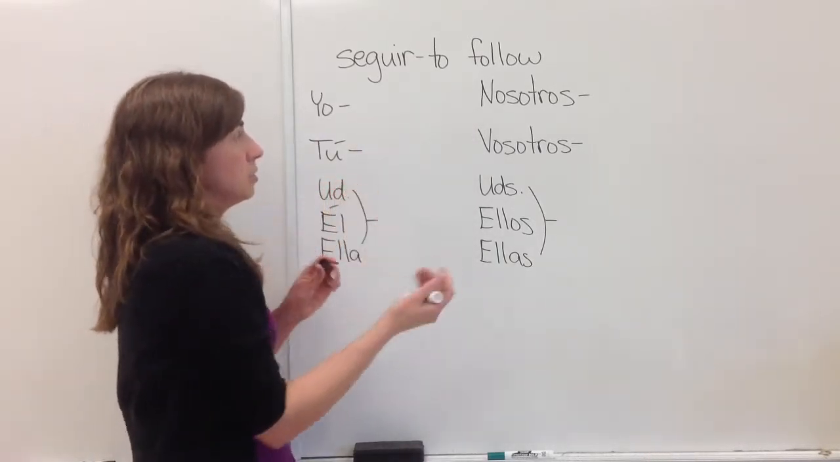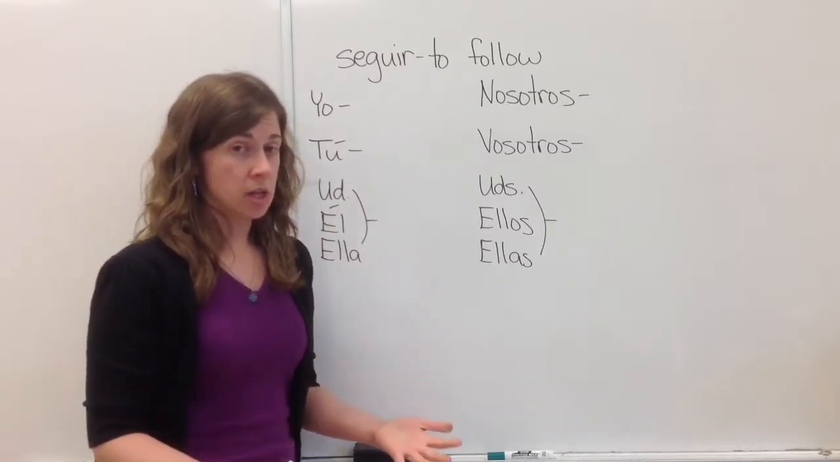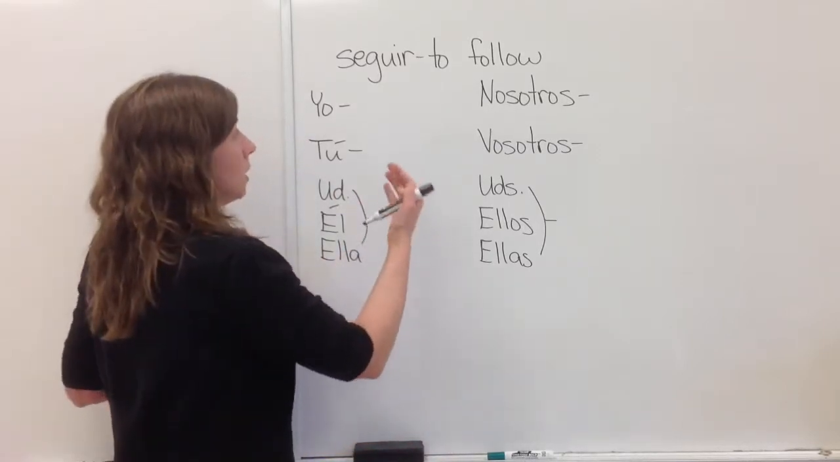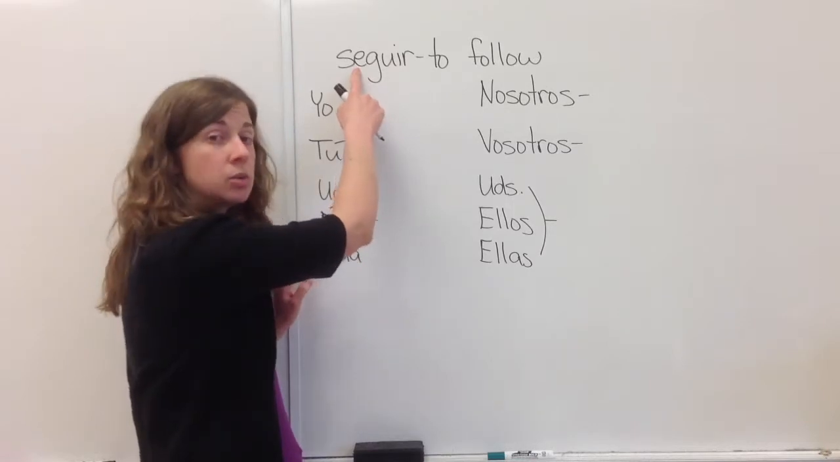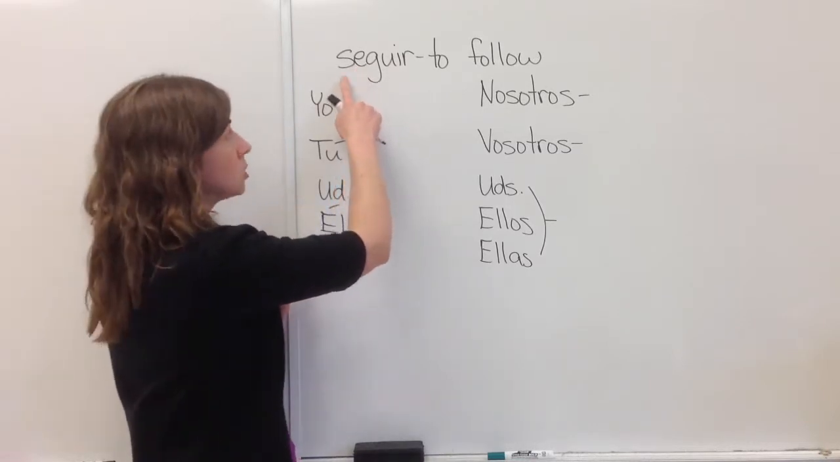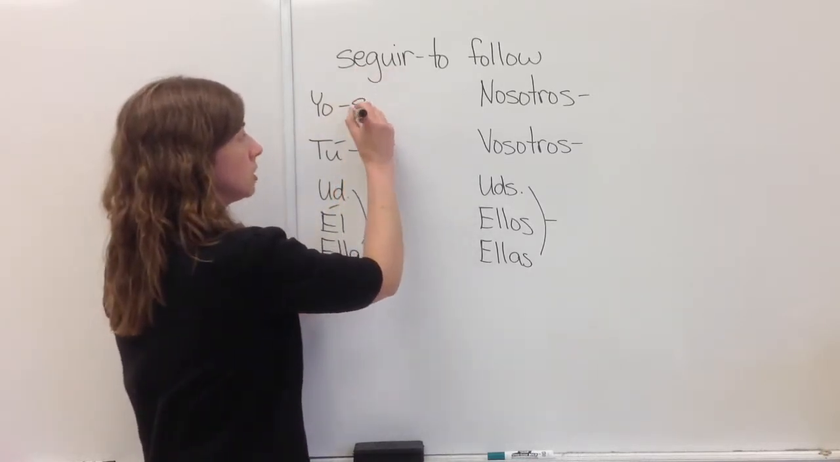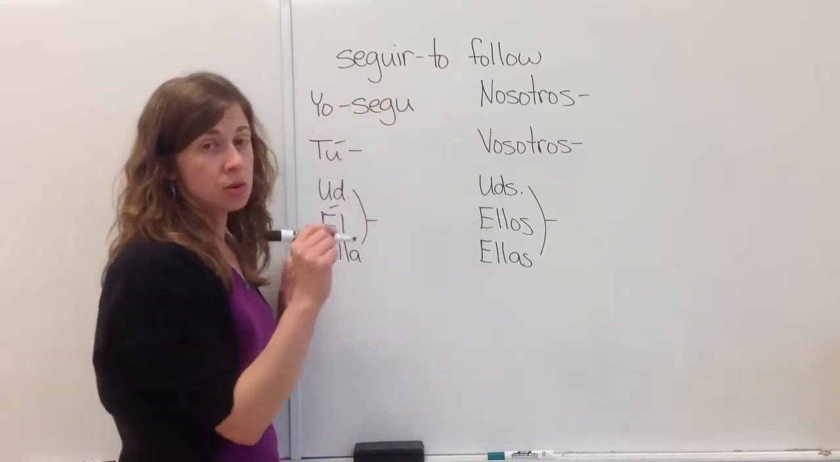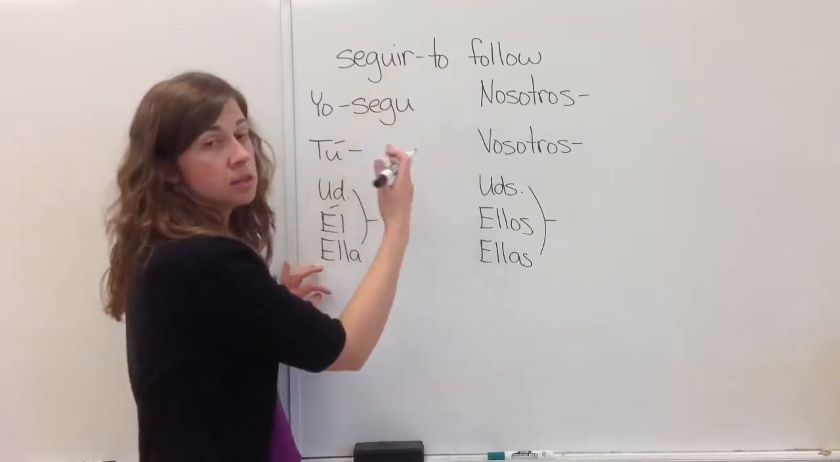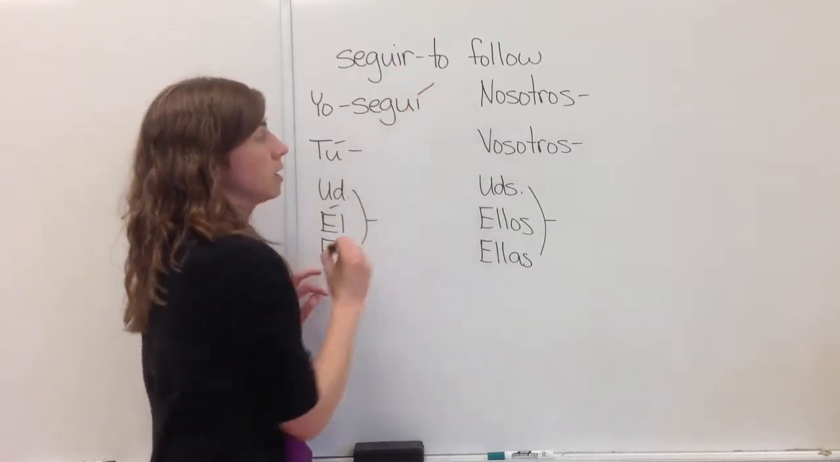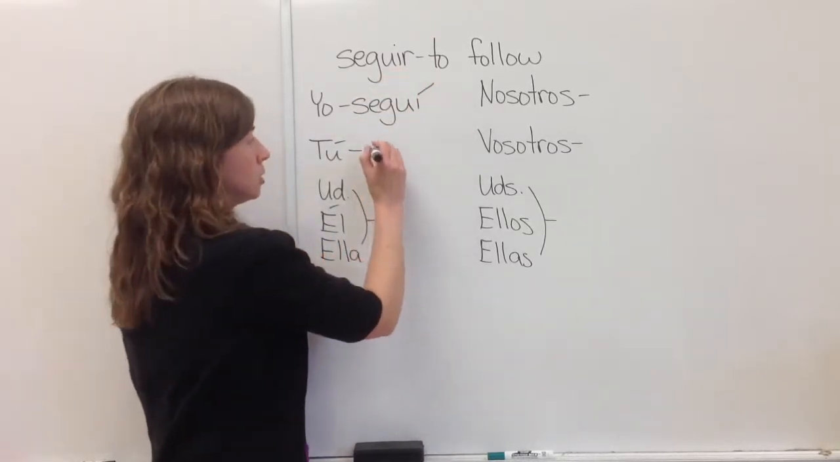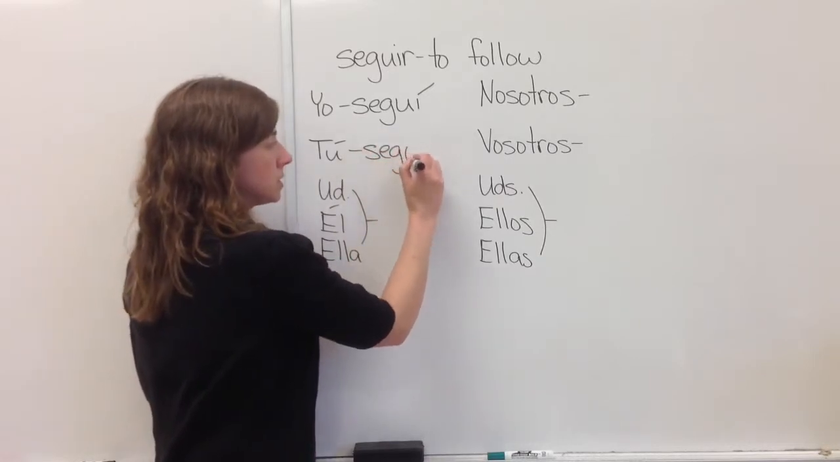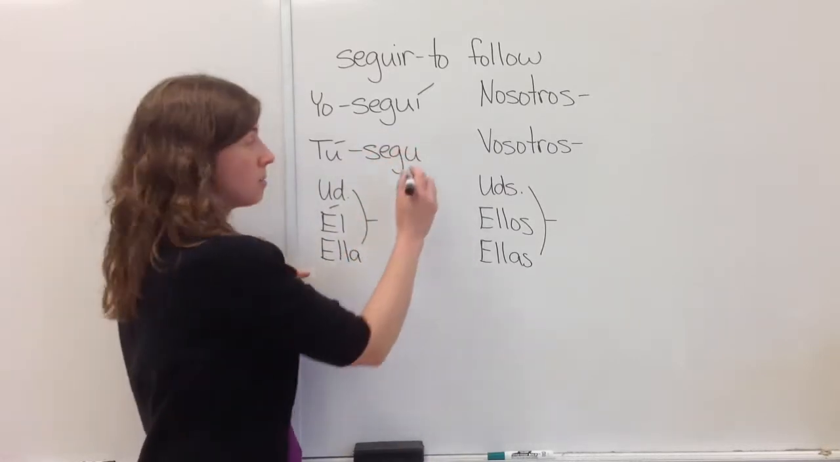And you're going to conjugate this just like you would any other verb. You just have to remember to change that E to an I when it's appropriate. So the stem of this verb is S-E-G-U, and then the IR ending for the yo form would be an I with an accent mark. Tú form is the same thing. We have the stem and the ending